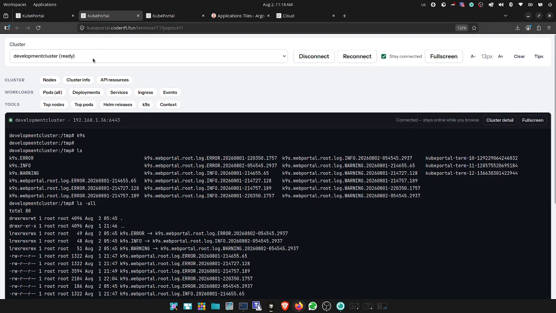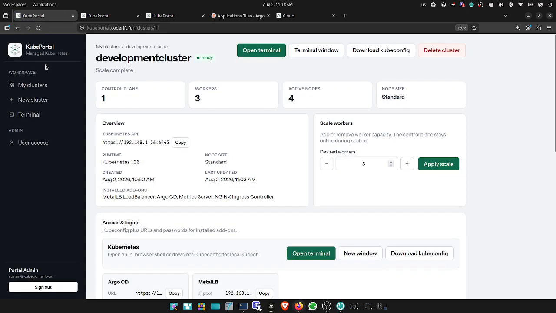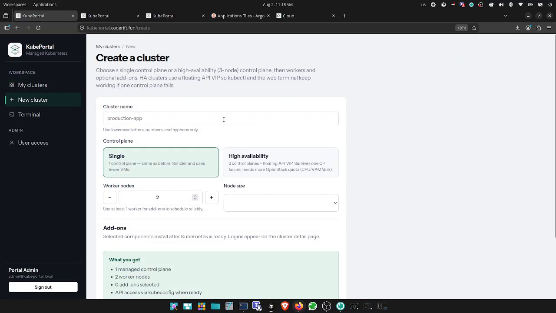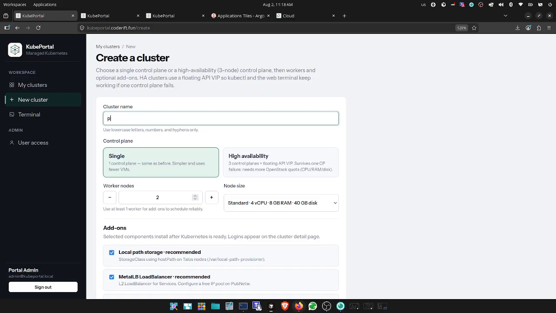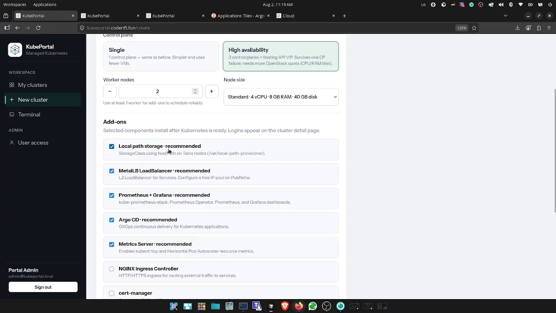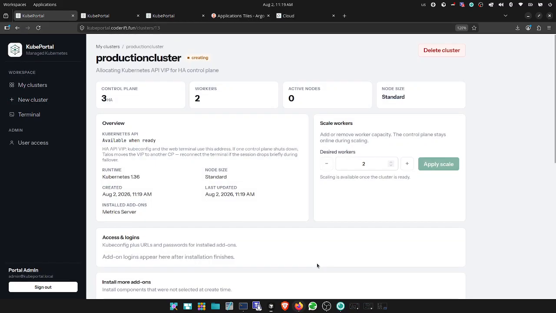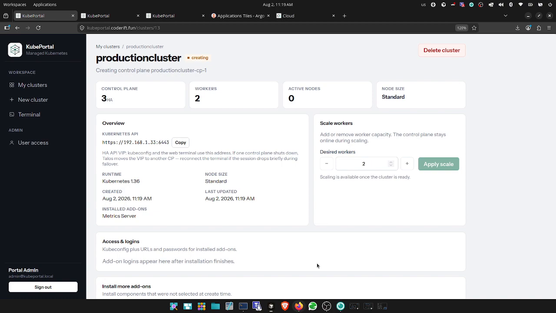The interface is successfully deleted right now. Let me just refresh this thing. Let me just go to the cluster, and let me just create a new cluster. Go to production cluster, high availability I want to use. I want metric server only. I want 1 or 2 worker nodes only, and create cluster. So in this application, there is only one downside which I'm encountering, that it is from the DHCP,